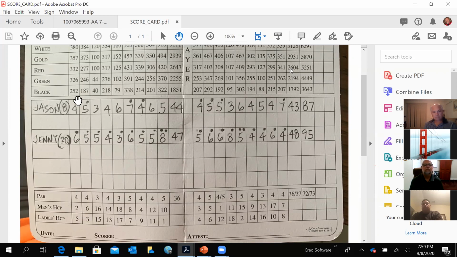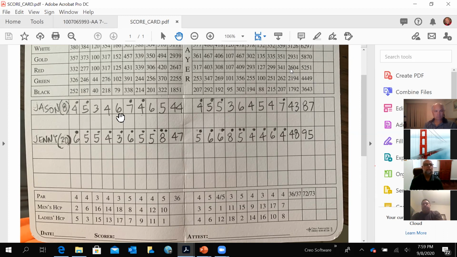If you look at the first hole, that's a men's handicap of 2. So if he's an 8, he's going to get a stroke there. Second hole, par 4, it's handicap 6 for men, so he's going to get a stroke there. And you kind of just go through the whole thing. I think most of you guys know where your strokes fall. I put all these on there, and then I did the same thing for Jenny. The first thing you do after you finish your round is look at your scorecard and look for any scores that are triple bogey or higher. So if I start looking through here,